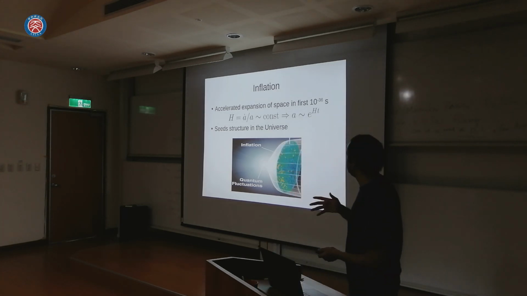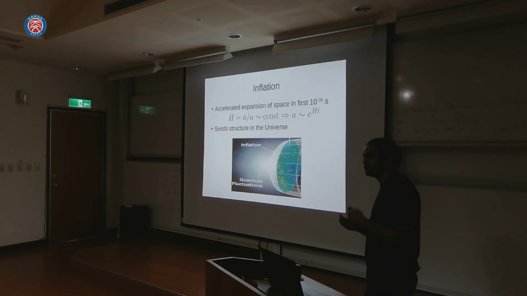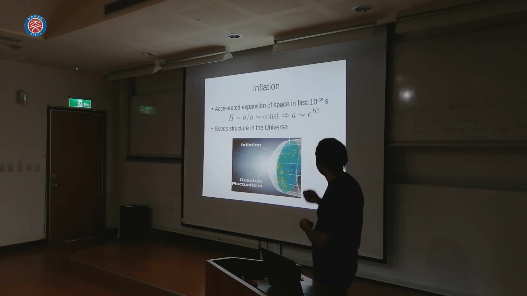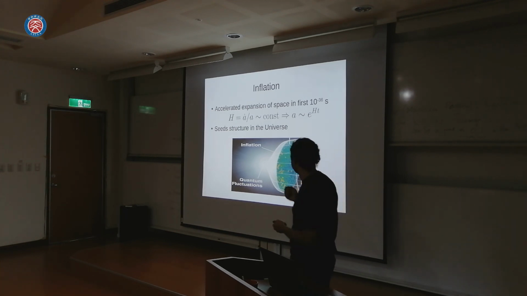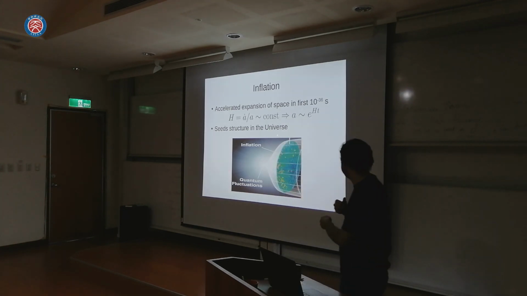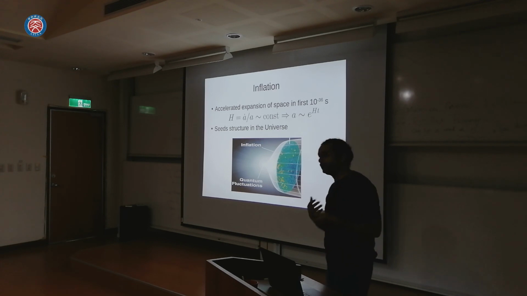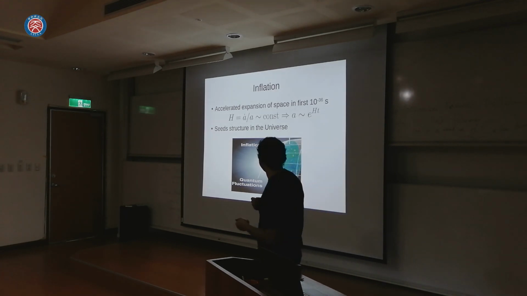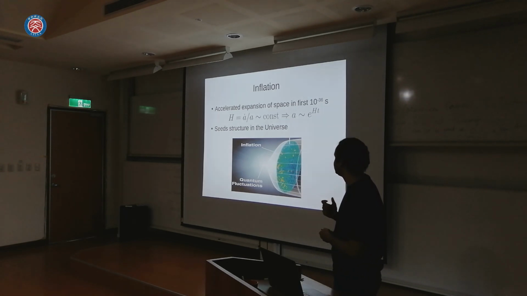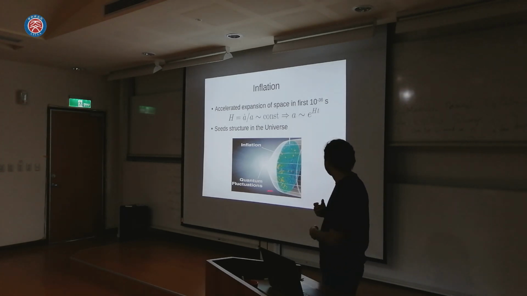Now, in principle, there are many different arguments from an observational perspective why we need a theory of inflation and why we need an accelerated expansion of space, to explain the super-horizon, large-scale structure that we see in the CMB. But for today's talk, the most important and appealing feature of inflation is that it provides us a natural mechanism to explain these perturbations that we see.